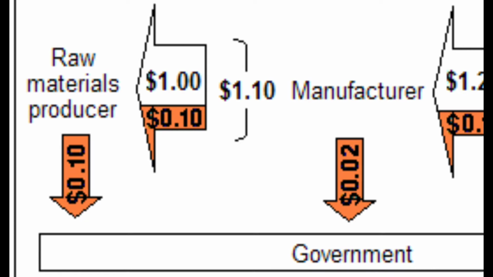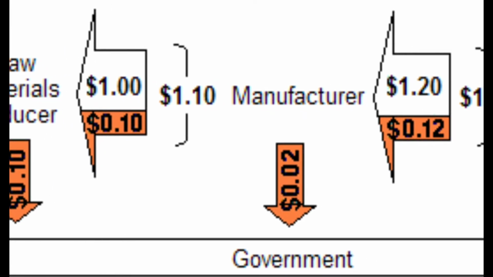He will deposit it as it is to the government treasury, as you can see in the first orange highlighted arrow which is pointed downwards. So he collected $0.1 of sales tax from the manufacturer and deposited it to the government treasury. Now the next stage is that the manufacturer bought the timber for $1.1, which included sales tax.